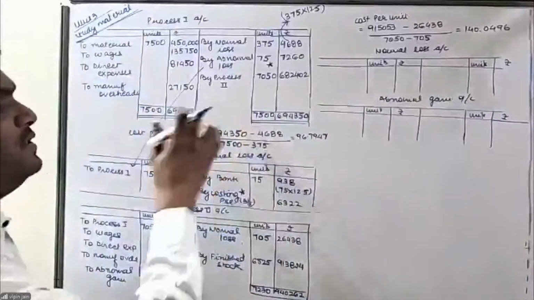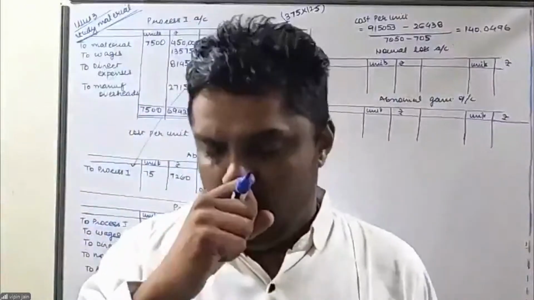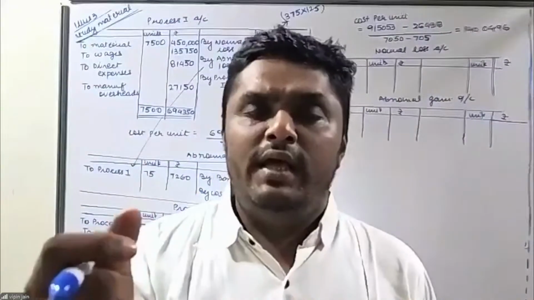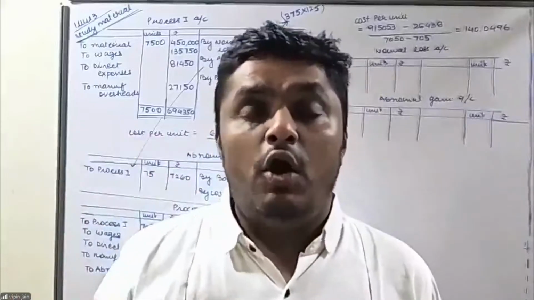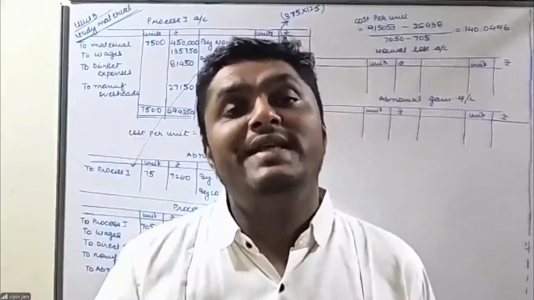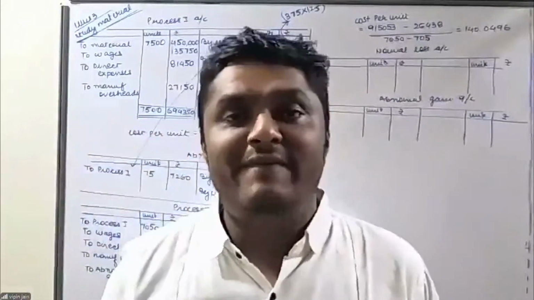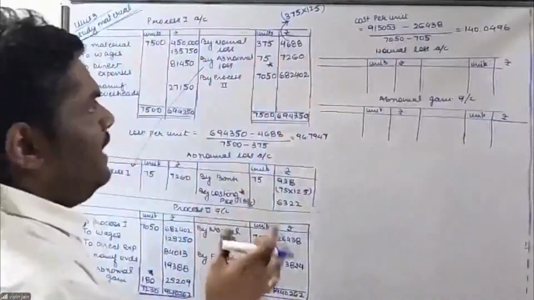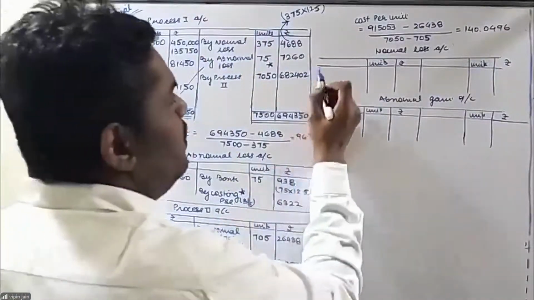For process first also, we can prepare the normal loss account, but it will be very easy. That is, in normal loss, to process first and by buyback. That's it. But the normal loss account is the key when there is an abnormal gain. Because as I said, what is abnormal gain? It's a saving in normal loss. So herein, when talking about process second, my normal loss